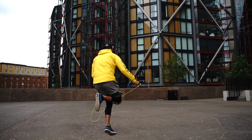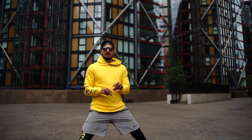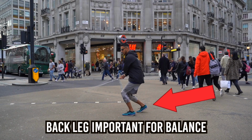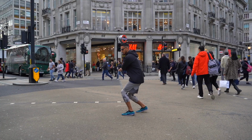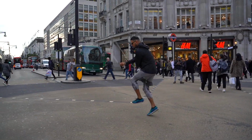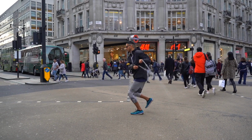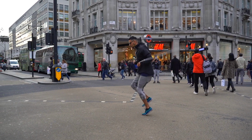And I like to go sometimes, not all the time, but I like to go double under crossovers. Then I land into the side swing cross with the hops, which I've done a tutorial on as well. But this is a great way to build the balance, because when I come down from the double under crossovers, I've got the balance with my back leg behind my left, all right? Like I'm not just kind of straight, legs together type of thing. I step back with the right leg, the side swing hops come, so it's 1, 2, and then what I